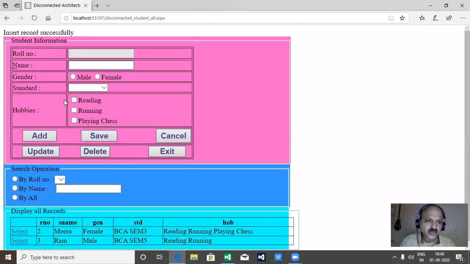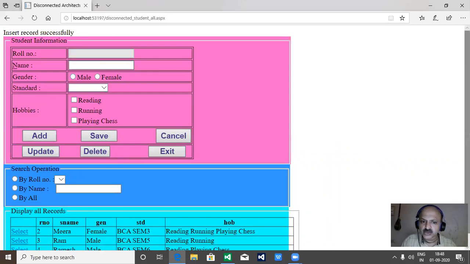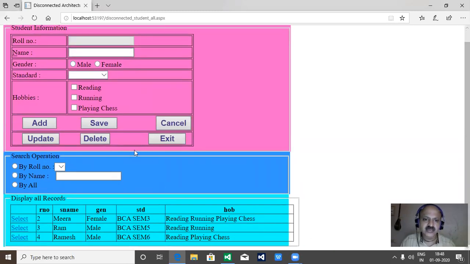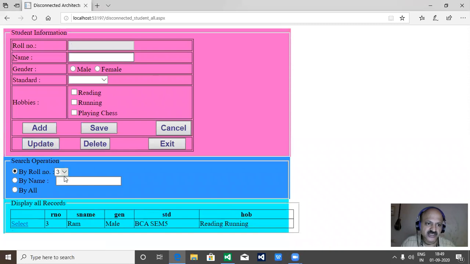yes, successfully, and again I click the add button, yes, so there are I think 4, and I take Ramesh, so Ram and Ramesh, there are 2 records, and we can search also. So yes, I take first and last hobby, and then save, yes, successfully. So I think I just showed you that we can increase the grid, with that time-taking error, that clicking new method. And here I take the search, yes, all roll numbers are filling, and now the search is complete perfectly. So 4, yes, 4 is there.